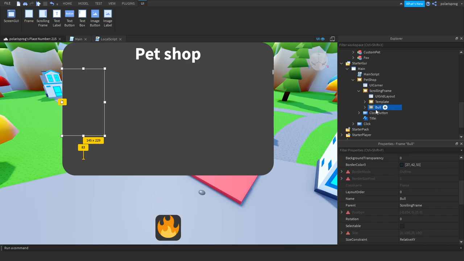And then you want to duplicate it again, and rename the duplicated one to bunny. So the second one is the bunny, and you want to duplicate it again, and I'm going to rename it to fox. I'm going to just duplicate it again, and rename it to custom pet. And also, don't worry, I will show you how to add those pet images because they're pretty cool. So now that works, what we're gonna do is